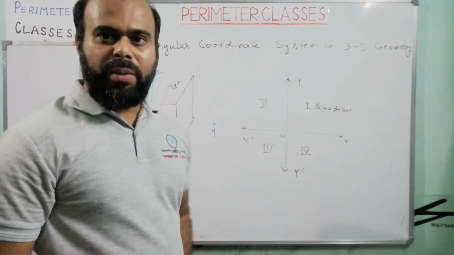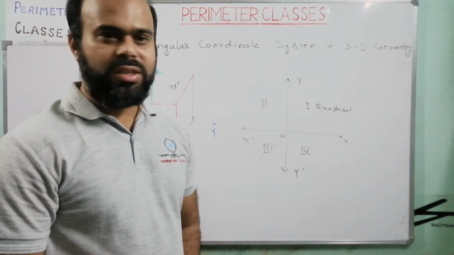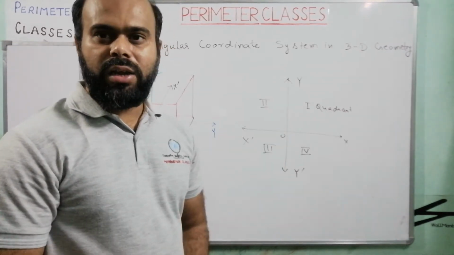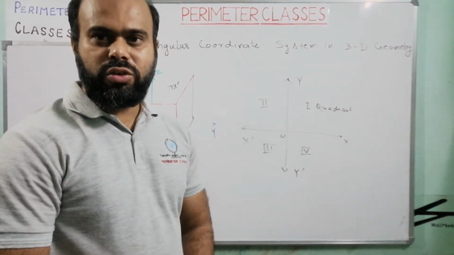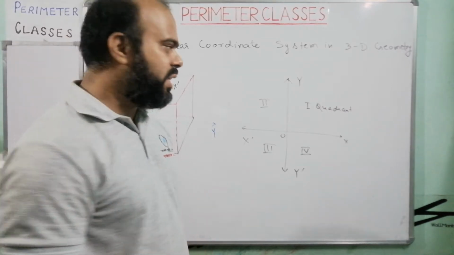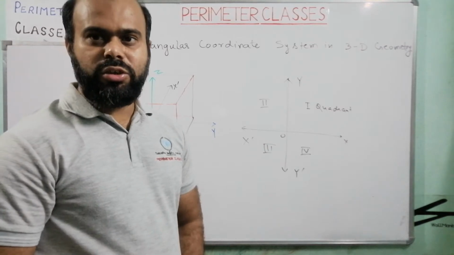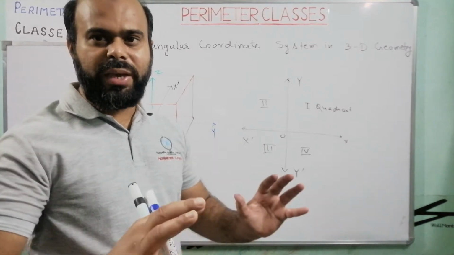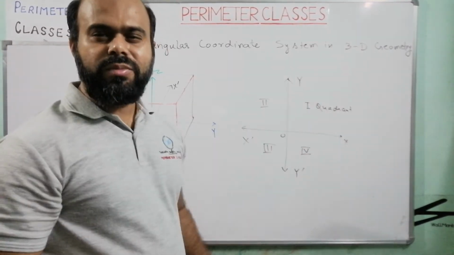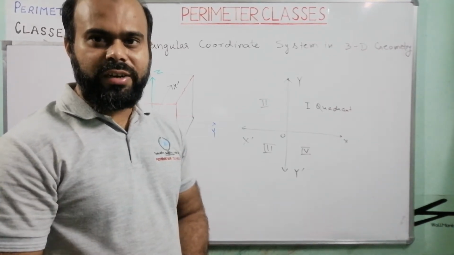So this is a plane, and in order to divide a plane into four regions, we take two perpendicular lines, one of which is called x-axis and another is called y-axis. They intersect at origin. Now when we come to three-dimensional geometry, we talk about a space where we are living here. So in this space, there is also a third dimension associated.